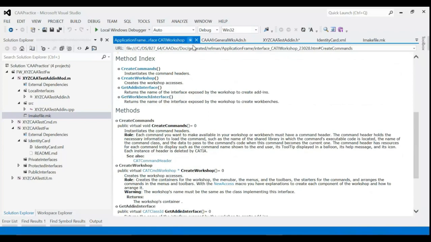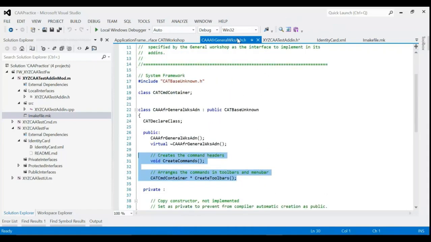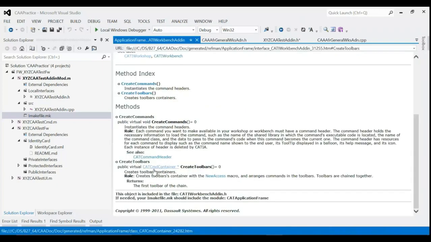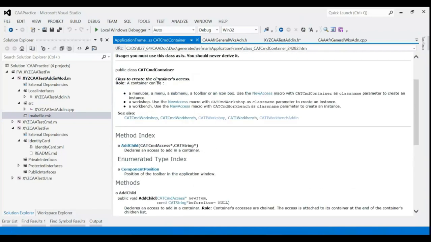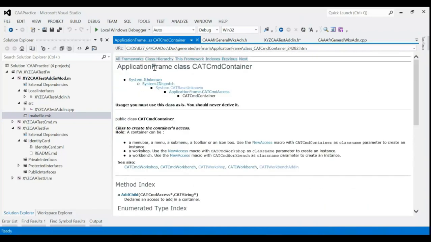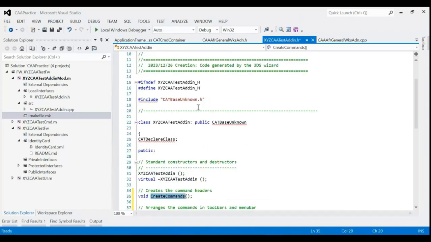Here you see one more keyword we added, CAD CMD container. For that container, we have to add our class CAD CMD container. Once we add our CAD CMD container class, it will allow us to use that container keyword, so it will not show any error here. We are just comparing our help file and whichever we are implementing, those files we are comparing, and we have to do the same changes. As per requirement, you can even modify. So let's go